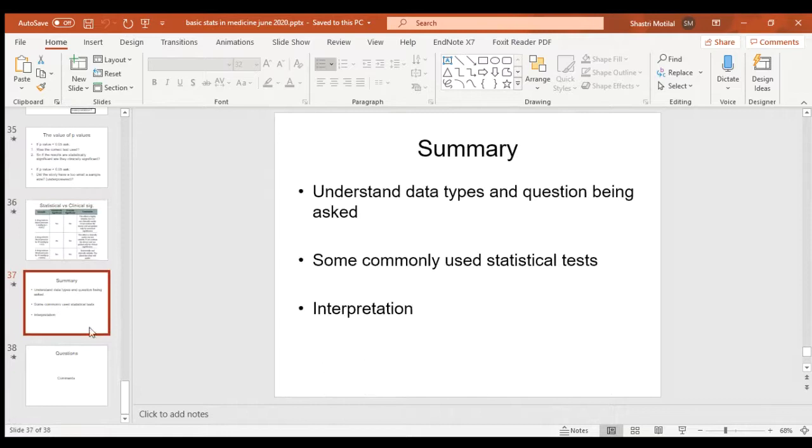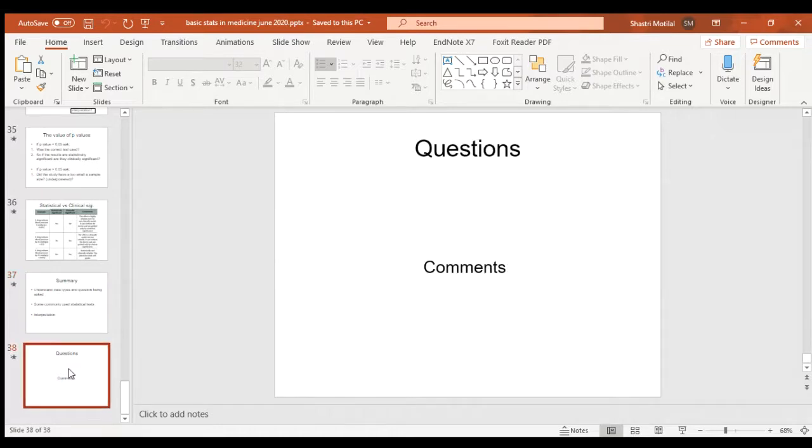So in summary, what we spoke about today, essentially we said statistics, why we use it. We spoke about the different types of data. Remember, quantitative, nominal, ordinal. We saw some commonly used statistical tests that we could use. And we spoke a bit about interpretation, how we interpret these findings. And that concludes the statistical